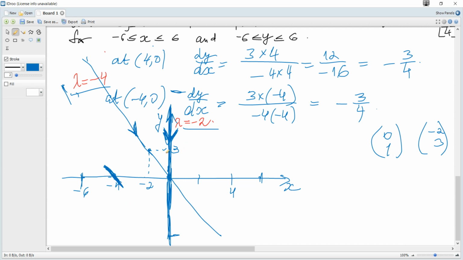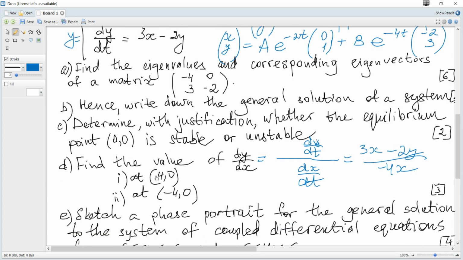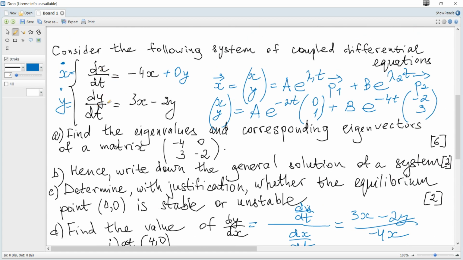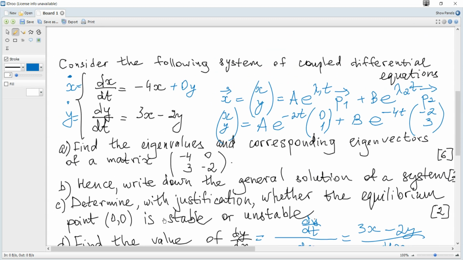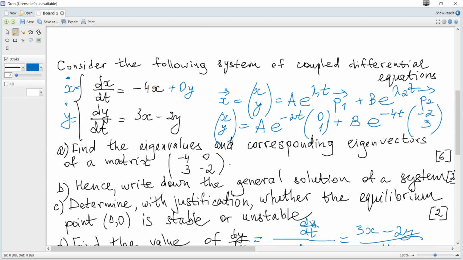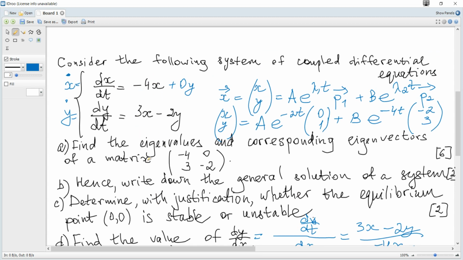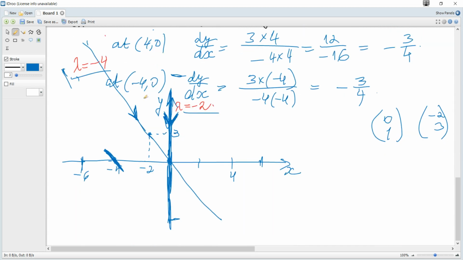But if you calculate dy over dx at -4, 0, we can see it's a negative value. It means that y decreases, and you can see x is positive, dx over dt is positive. It means x is increasing, because we are moving from left to right. X is increasing and the arrow is in this direction, so y is decreasing at this point. So it looks like this, and